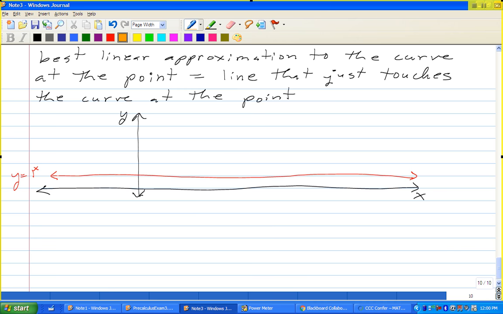The graph of 2 to the x looks something like this. The graph of, I don't know, 10 to the x will look something like this. And so what I notice here is if I look at the tangent lines for each of these,